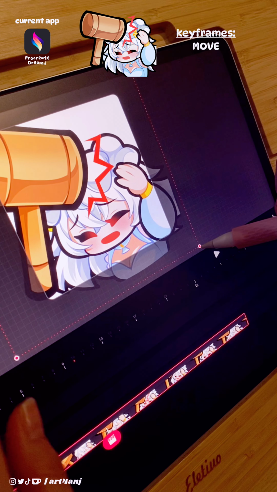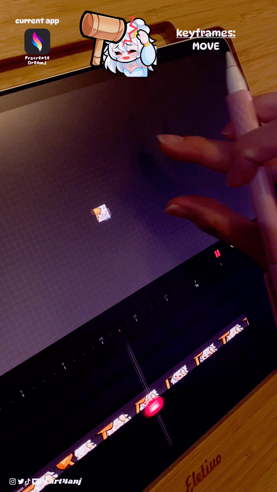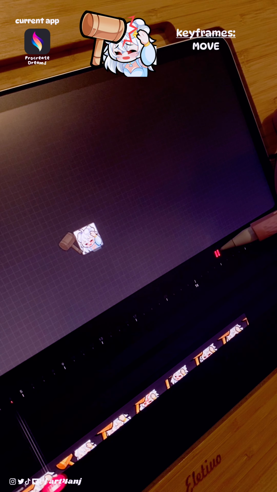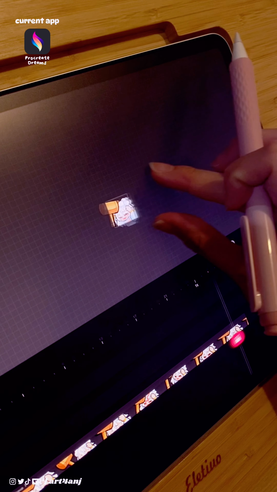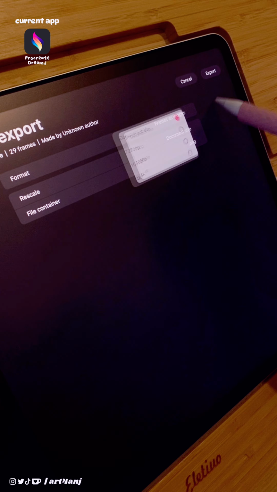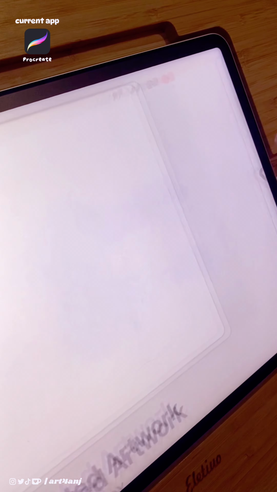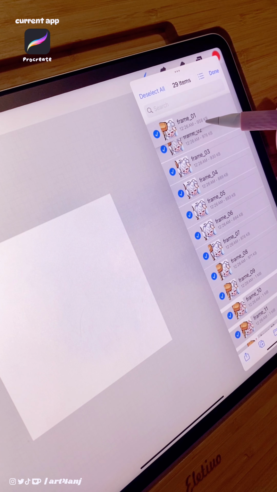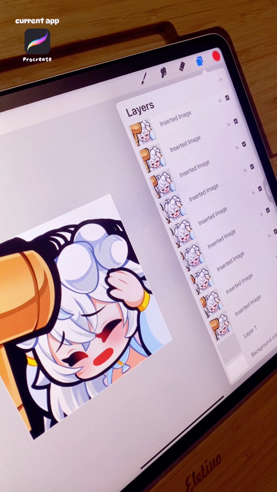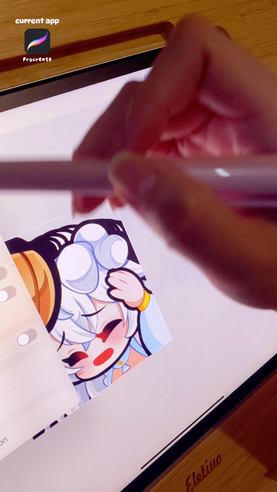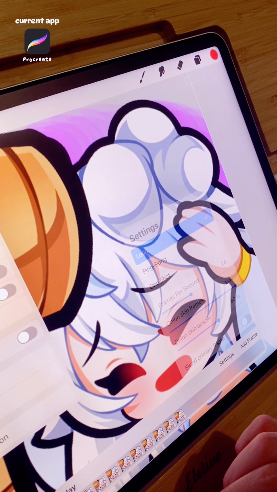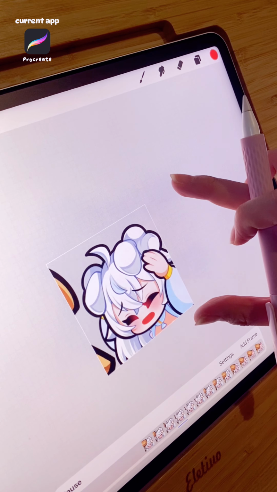Do you see how I created a new group for the whole composition? This is my method, a bit of a hack, in order for me to be able to crop the emote already before I export it. Now for those of you that have used Procreate Dreams, we all know that there is no GIF export yet. So what I usually do is export frames as images in PNG format, transparent, no background of course. And after that, I take the whole sequence of frames all the way to the Procreate app, use Animation Assist, set the FPS to what I used in Dreams, and export it as an animated GIF.